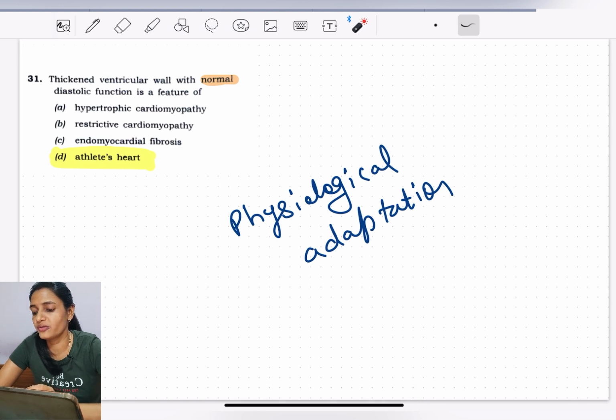Thickened ventricular wall with normal diastolic function. They are saying thickening. If thickening happens and there is any pathological condition, then diastolic function could not be normal. If the diastolic function is normal and only the ventricular wall is thickened, the answer is athlete's heart, because it's a